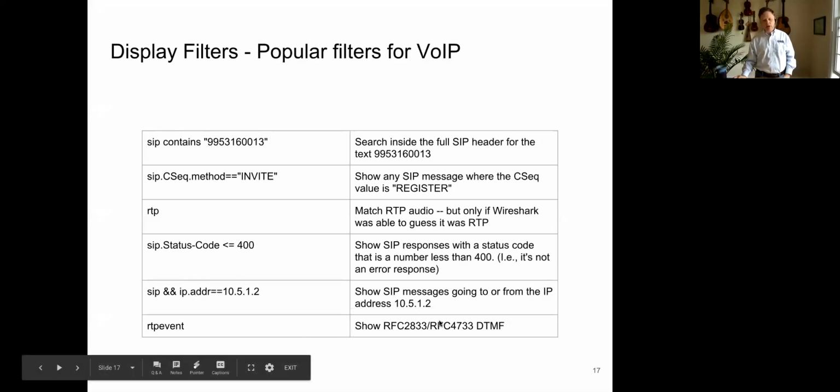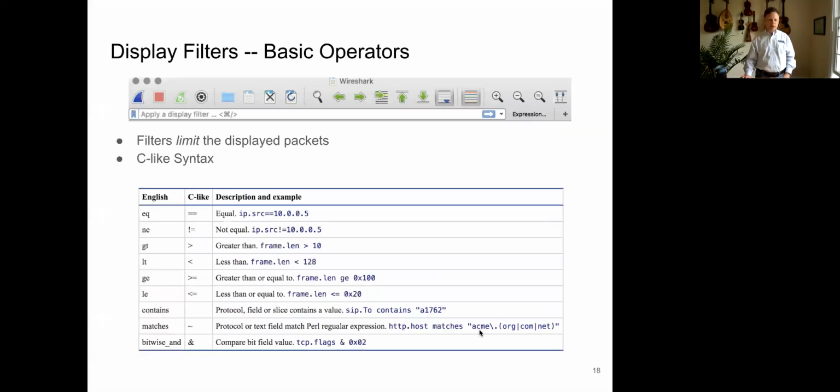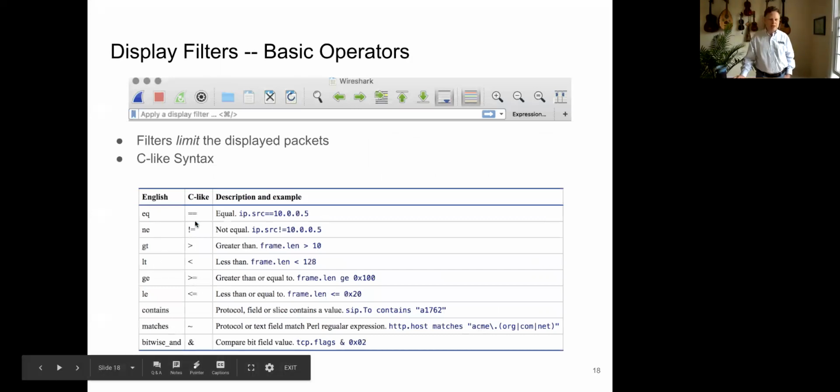RTP event is one that shows RFC 2833 or RFC 4733 DTMF. So we'll get into that in some more detail. So for the display filters that we've got here, we can use English or C-like operators, so equals, not equal to, and some items like that. So you can use, for example,